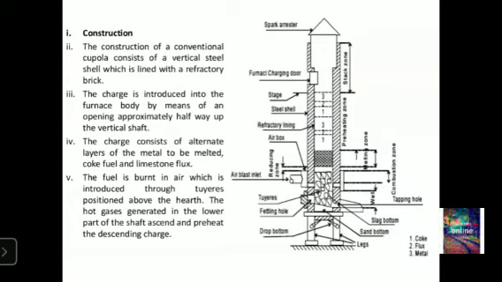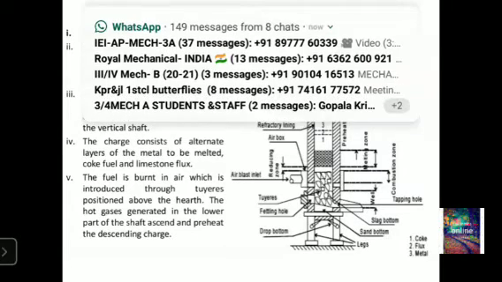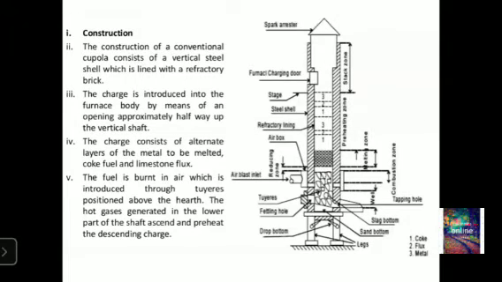The hot gases passed upwards, ante kinda nunchi paiki, from the reducing zone to the melting zone and into the preheating zone, which includes all layers of charge above the melting zone up to the charging door, right? And next one is, since the layer of the charge is preheated by the outgoing gases which exit at the top of the cylindrical shell, the temperature in this zone is 1090 degrees Celsius, right?